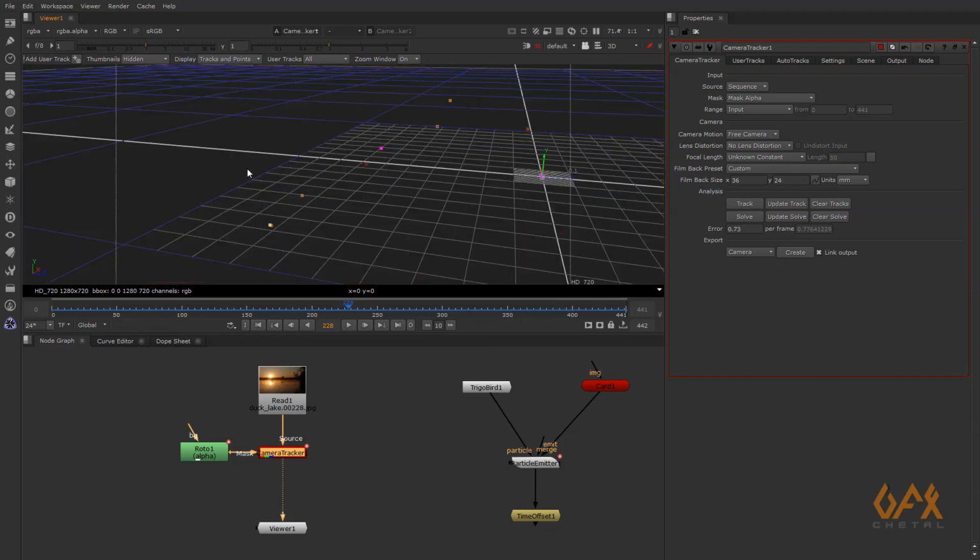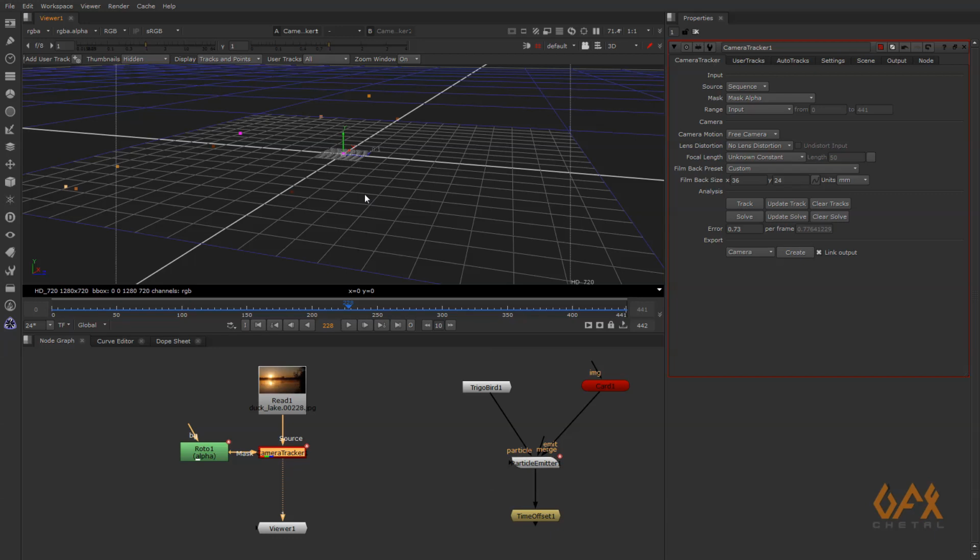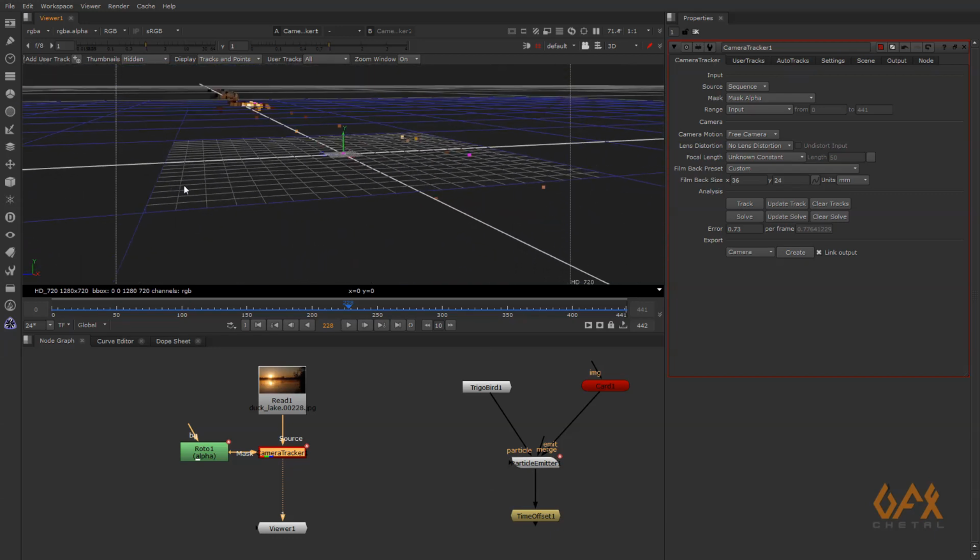Now if I see these things, it looks like this.